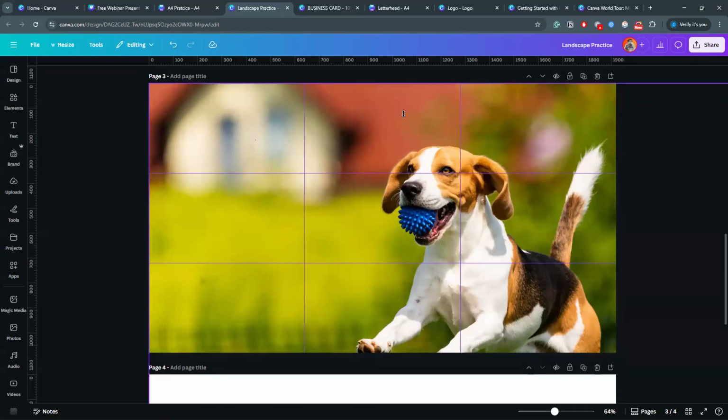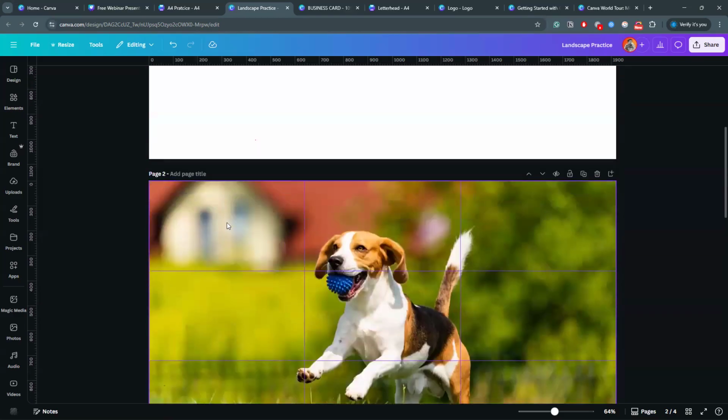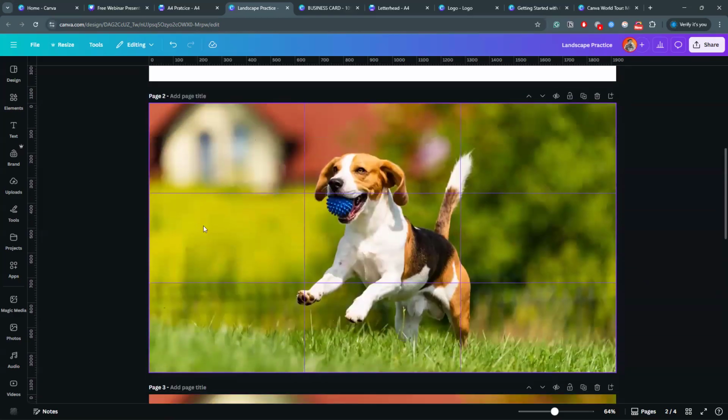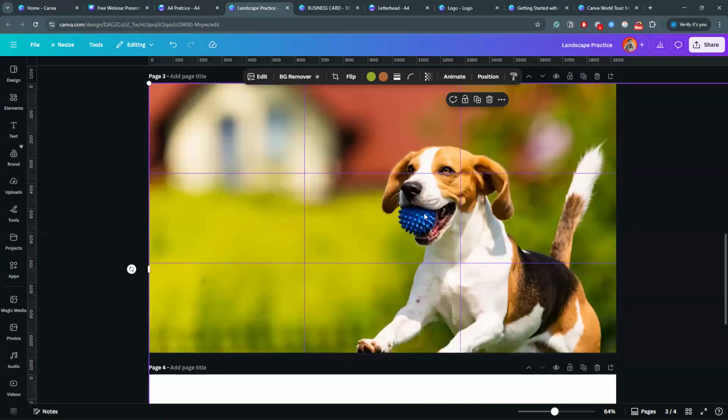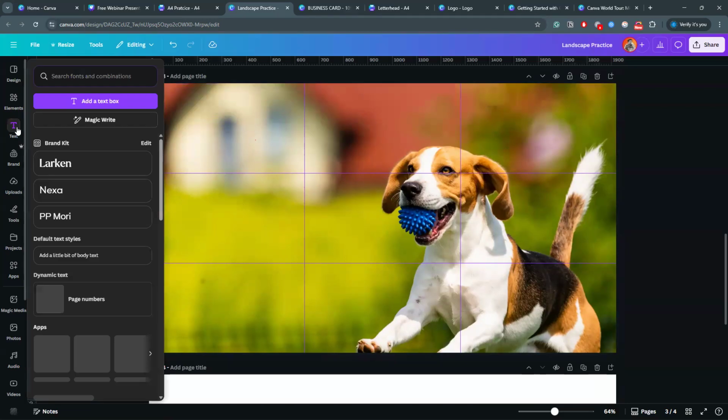Second, it is giving us white space automatically. You can write here and here and here properly. If you use this image as a poster or something else, you can use left alignment.